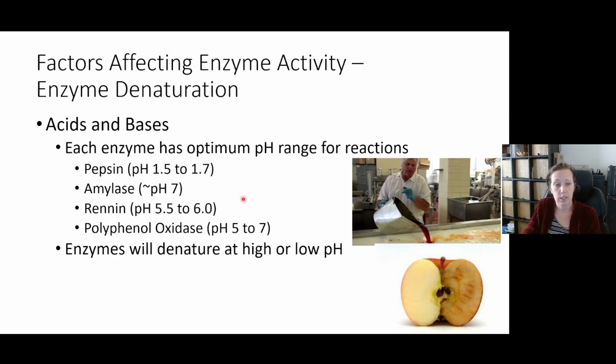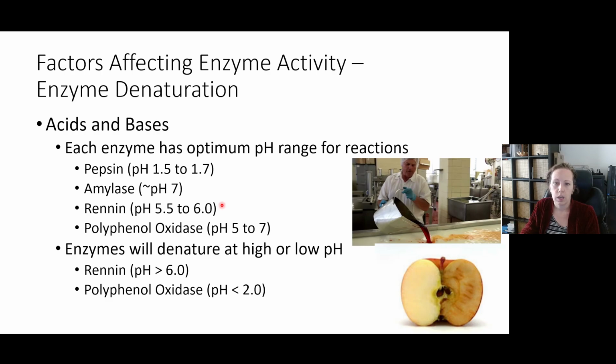So milk pH is really close to the range where rennin is not very active. And in fact, it can start to denature at above pH 6. And so for rennin to work, acid needs to be added to milk to get it more within rennin's optimal pH range. Okay. Now polyphenol oxidase, which we want to inactivate if we want to keep our apple,